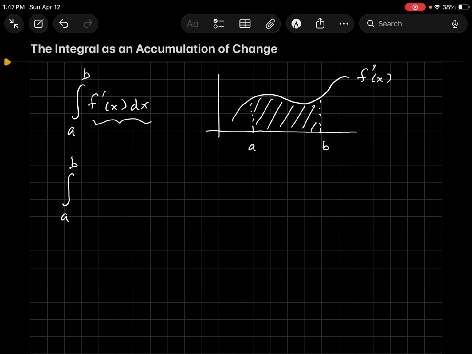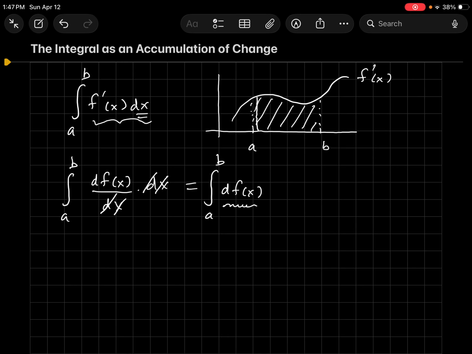let's rewrite the integral using different notation, where f prime of x is delta f of x, or df of x, over delta x times this delta x back here. We can simplify this because those dx's will cancel, and then rewrite our integral as the integral from a to b of delta f of x. So what is this here? It is the summation of very small changes in f of x,